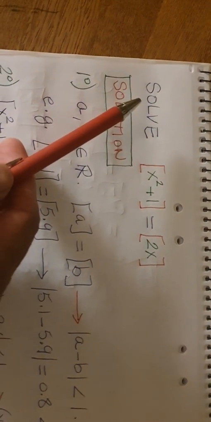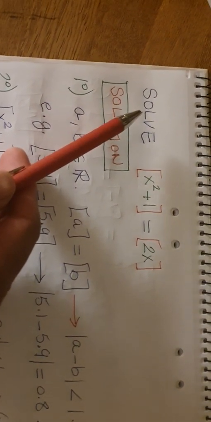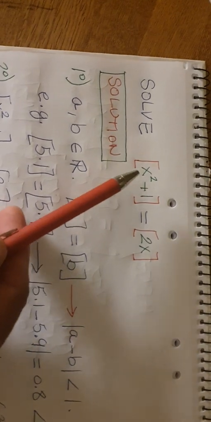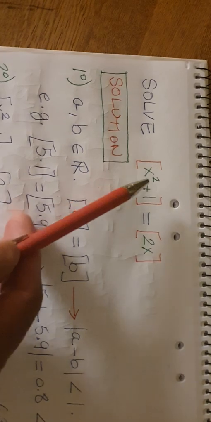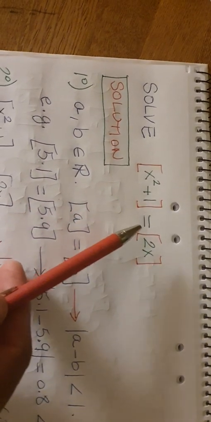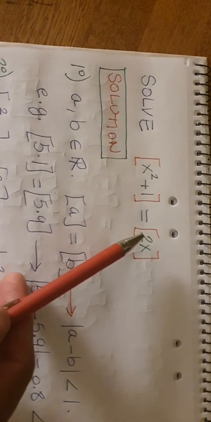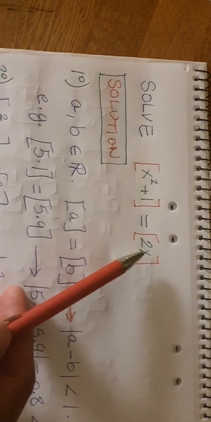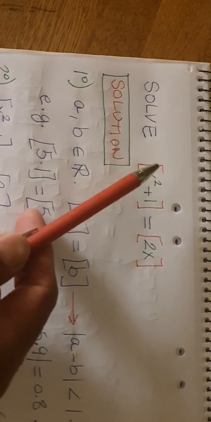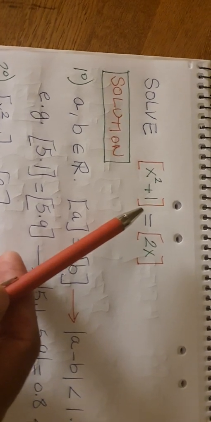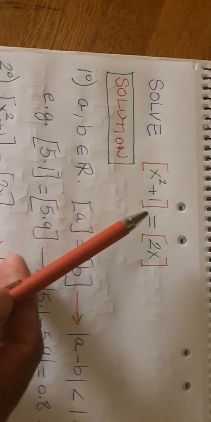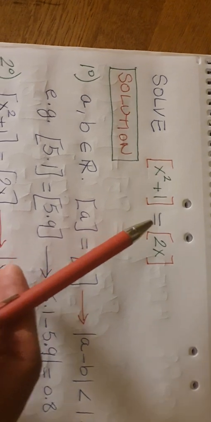Alright, so we want to solve the following equation. The integer part of x squared plus 1 is equal to the integer part of 2 times x. So the red brackets here mean the integer part, or the floor function. Alright, so to begin with,